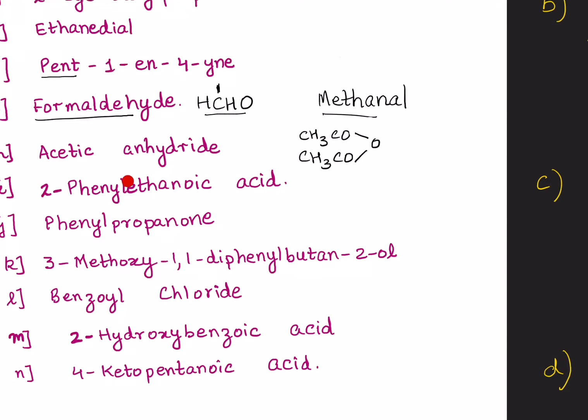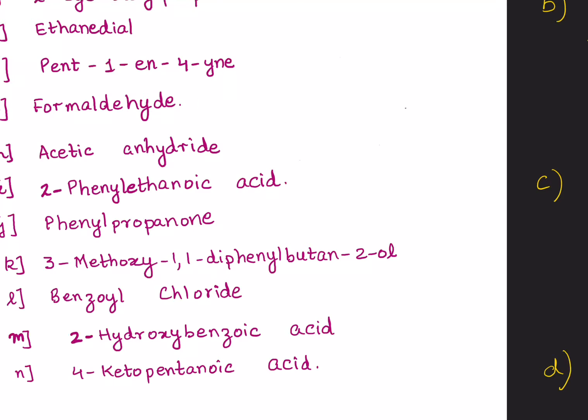Let's go on to 2-phenyl ethanoic acid. Now again, what's your word root over here? Eth. That means there are 2 carbon atoms in this chain. So let's draw them. Ethanoic acid, that means at my first carbon atom has a COOH group. At the second carbon, I have a phenyl group, C6H5, or you can also show it by this structure. Both are correct, right? And of course, complete the hydrogen. Got it?